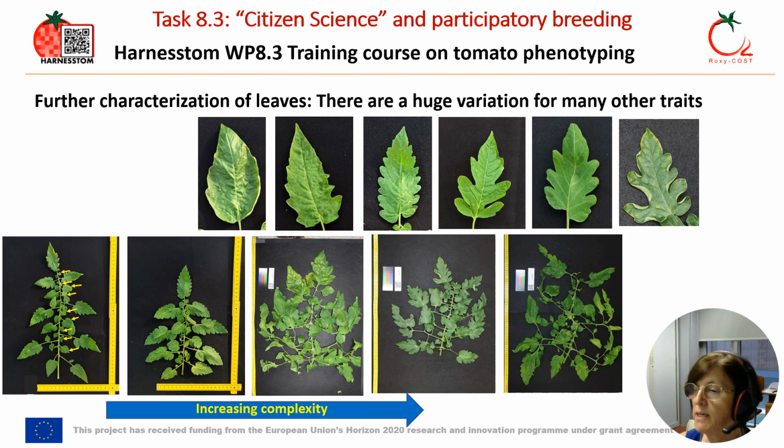As we have seen, the leaves play an important role in the development of the plants, the protection of the fruits, the efficiency of the photosynthesis, and the establishment of infection by fungus or insects. We have seen some aspects related to leaf morphology, but the variation is much bigger than the images I have shown you. Here you have some more photographs to illustrate the extraordinary variation you can find in the leaves of the cultivated tomato.